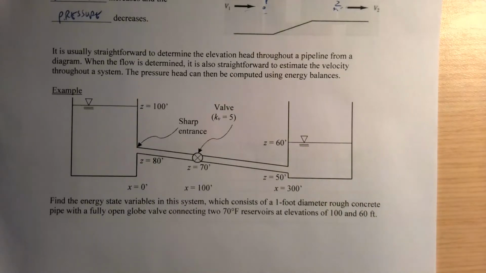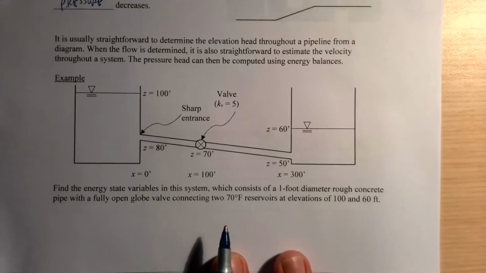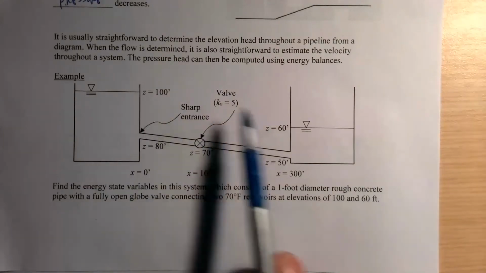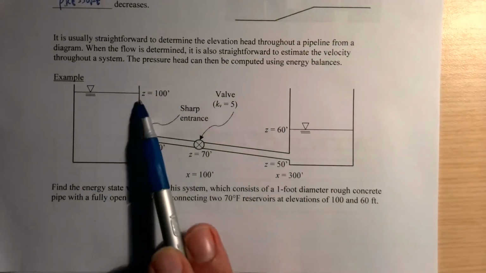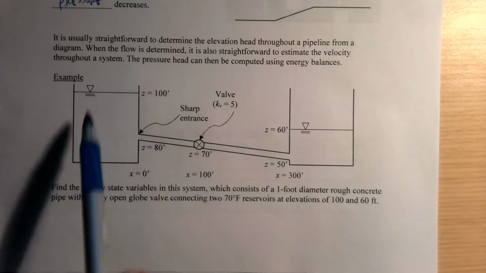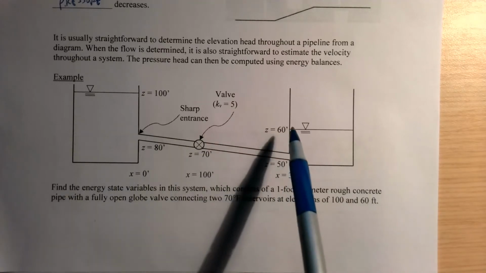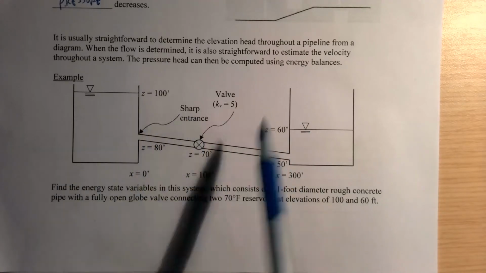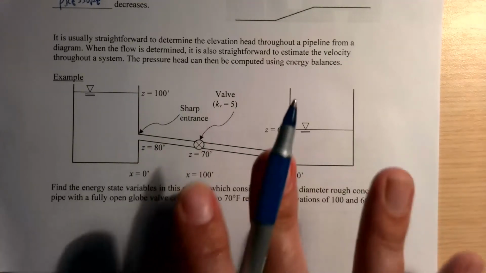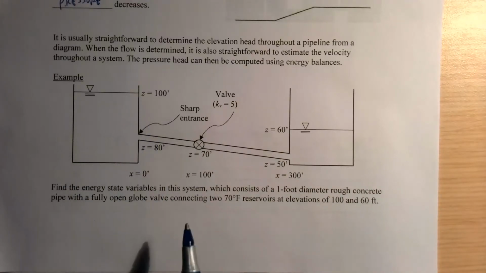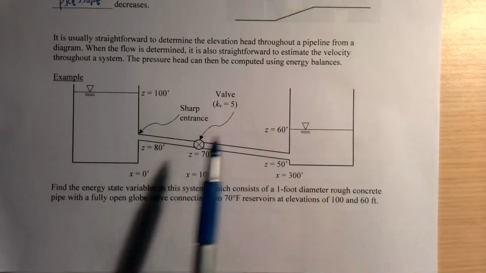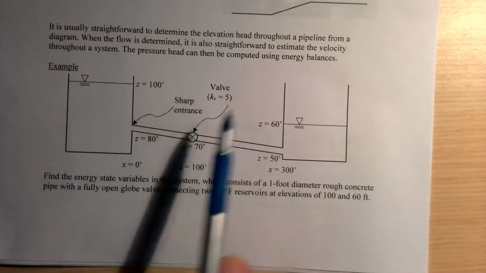So here's an example I want to work in this video, where we have a reservoir at 100 feet of elevation and a second reservoir at 60 feet of elevation. So you've got a head difference pushing water through a pipe, so water would be flowing out of this one into the other, and of course over time this would rise and that one would go down, but this kind of situation actually is not as uncommon. At least it's a reasonable assumption to think about a real system working like this, and we might get to more of that later, but in any case, because of the elevation difference, the water is going to